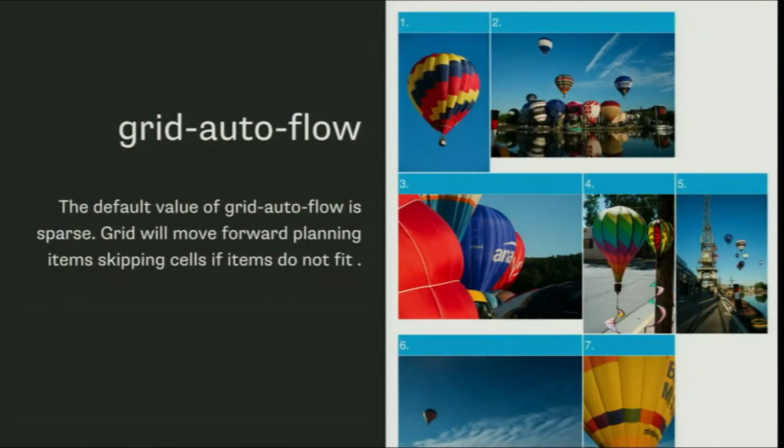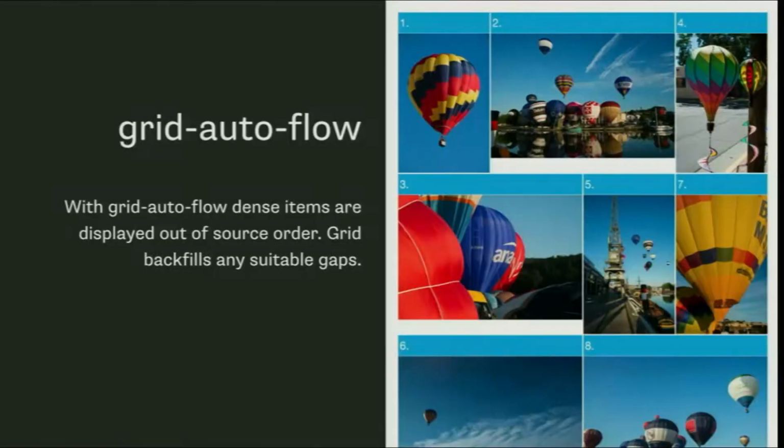And sometimes, though, it's going to come across an image that's too wide. So we've got image 2 there, and then there's a gap, and then we've got image 3, because that wouldn't fit into that little gap, because it needs to span 2 tracks. So by default, grid progresses forward. It stays in source order. However, if we add a property of grid-auto-flow with a value of dense,